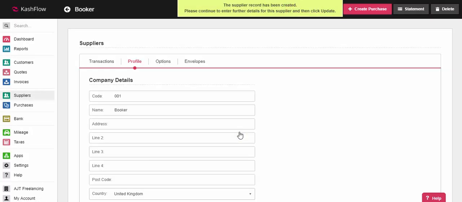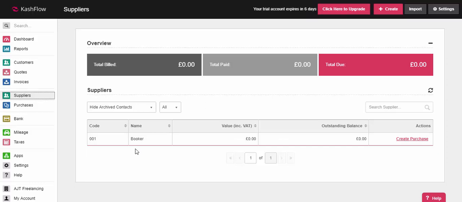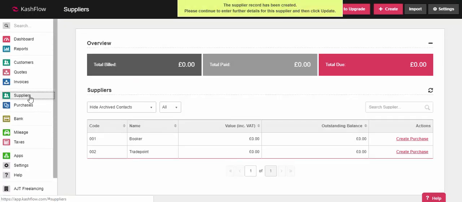We can then create that supplier record, and that supplier will be stored underneath the supplier module on the left hand side of the screen. And once you've created your first supplier, just like customers, you can then hit the create button at the top of the screen to create your next supplier. Once I've created multiple suppliers, then they will all be listed within the supplier module on the left hand side,